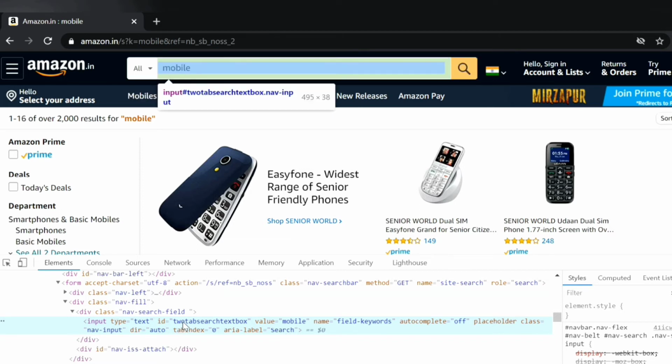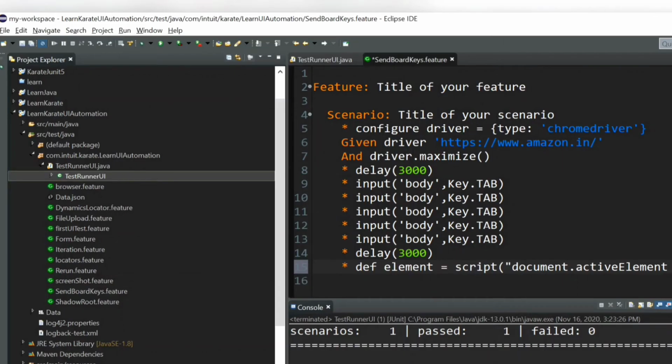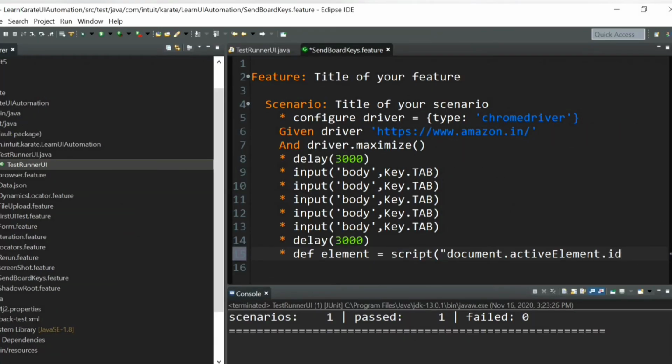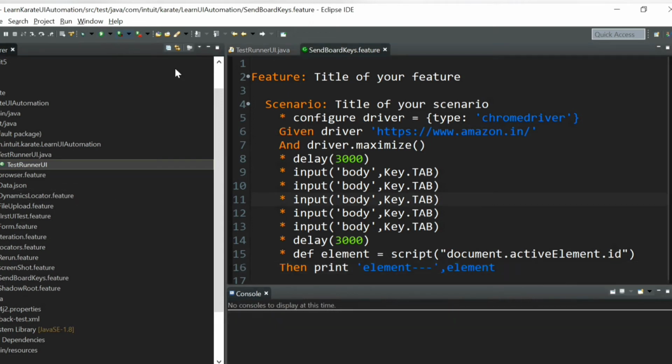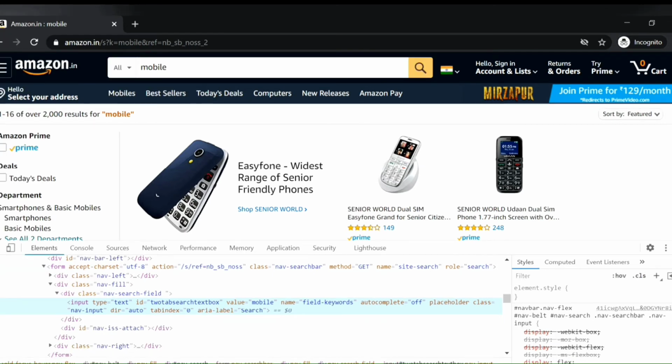For now, since this field has an ID, I can use document.activeElement.id. So the ID should now be stored in the element field. Let's print it and we'll see. We should get the ID as the output, the value twotabsearchtextbox, right? Let's see.